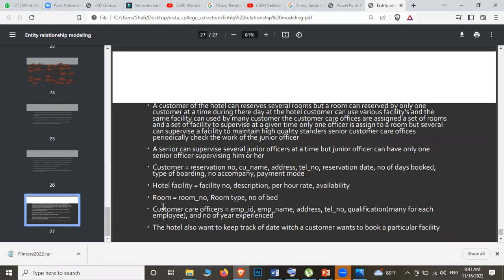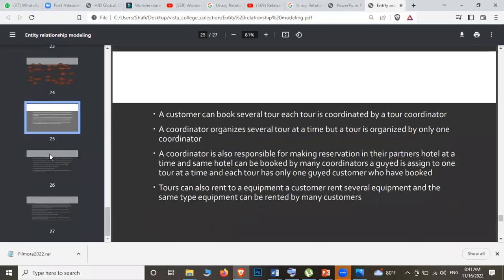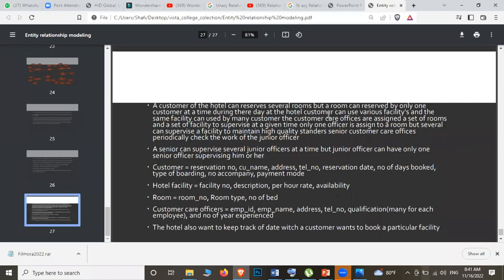So now I have given you two homeworks, one is for the tour, isn't it? So a tour management system, whichever one you can have for this, okay? Or else a tour booking system, something like that. Or a tour management system, something like that. This is a hotel management system, isn't it?